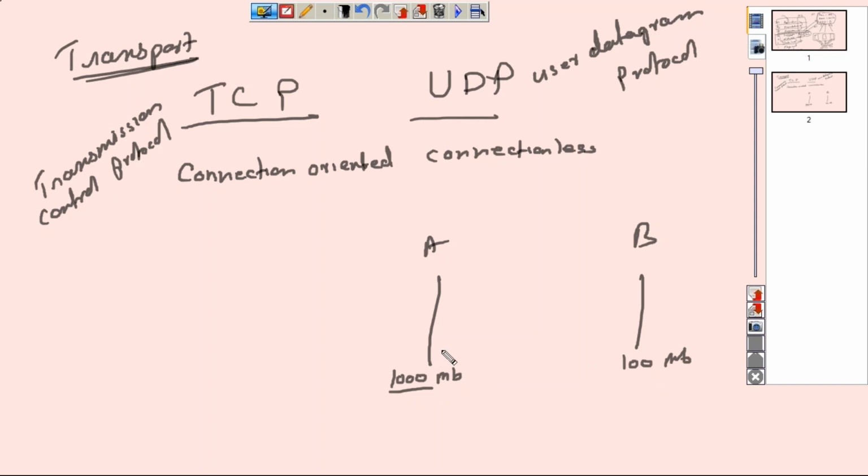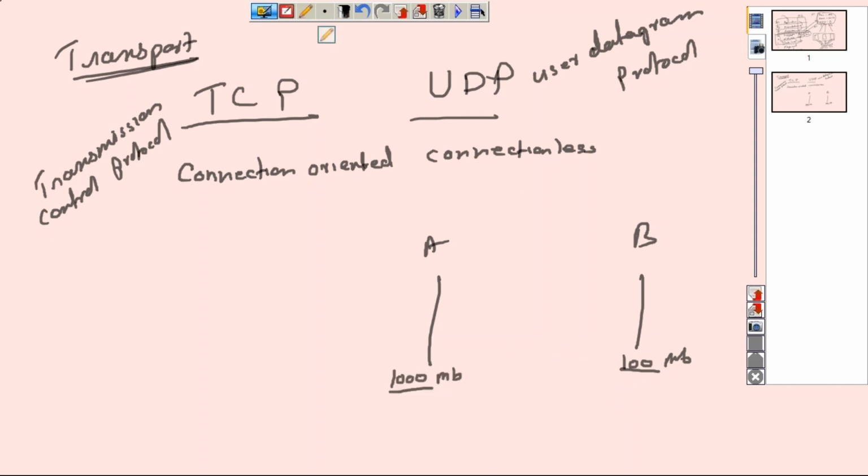What would happen if this machine just pumps data out at 1000 Mbps? It gets overloaded. Correct. B would accept 100 and the 900 would be dropped right here. That would be the result of